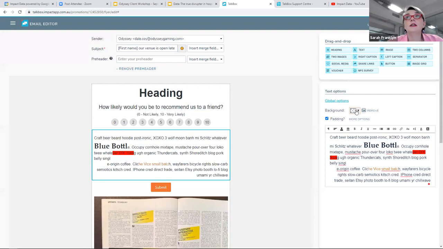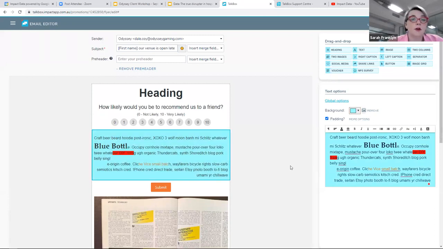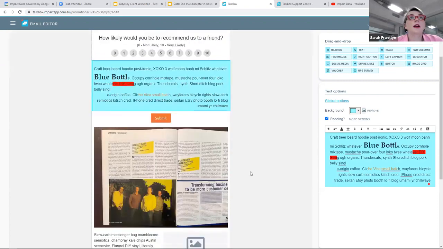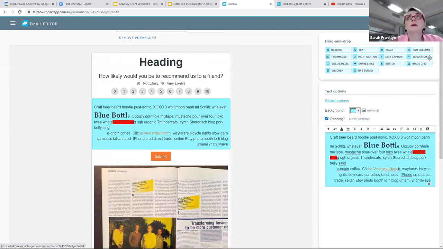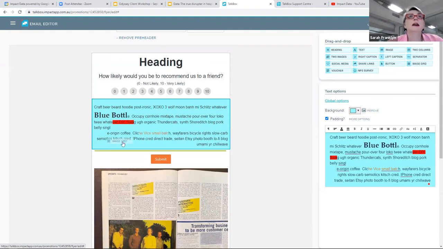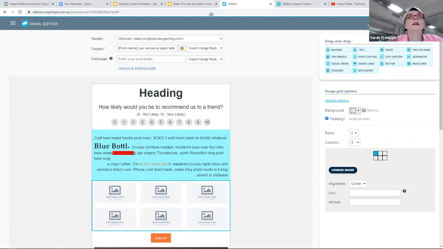make them a little bit more interesting, and you can put some padding around that, so it looks a little bit more compelling when you're opening it up. So we're on fire here to make a really ugly email. Use the tools that are up here as well to make things a little bit easier. Things like image grid, if you do want to have a lot of images, can be really good. And remember, don't make them huge because they take a long time to load up.